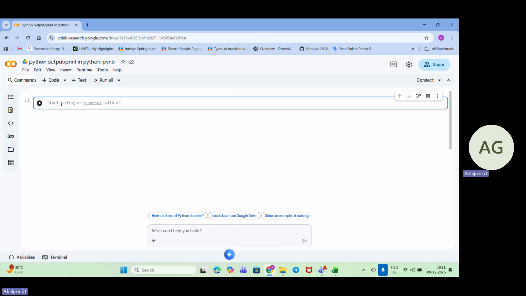Okay, so let's see it. Print hello world. I have written this command and I want this hello world message to be printed. So let's run it.